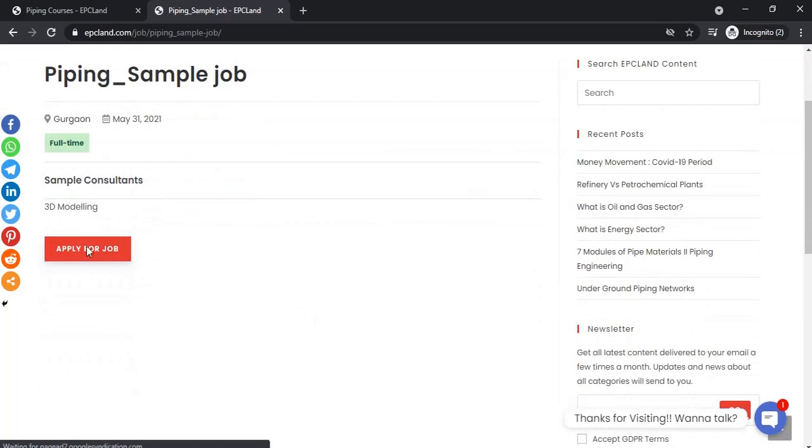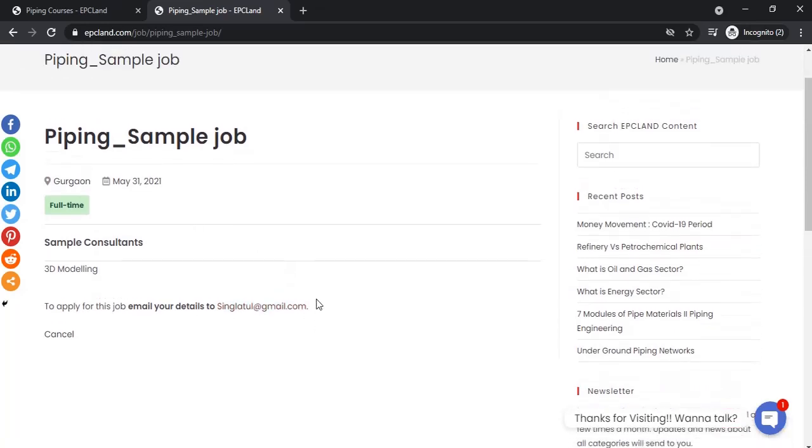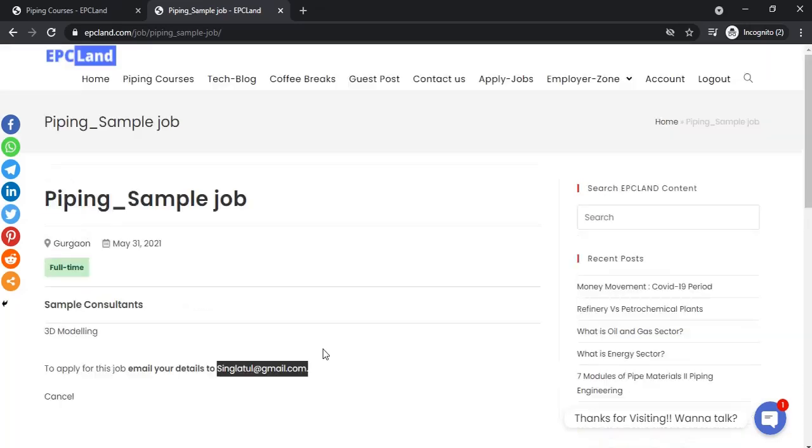And if you want to apply, like in this case I have shared my email ID, so that any user who wants to apply can directly send their CV to this email ID. Whatever recruiter has shared this email ID or website, it will be shown here to the applicants. So this is just a direct communication between job applicants and recruiters.